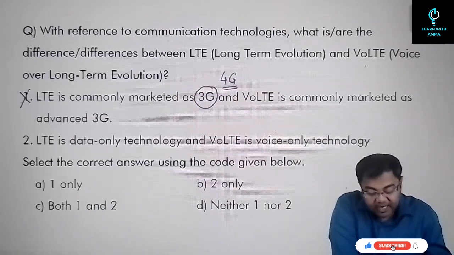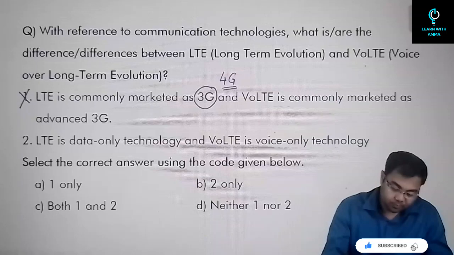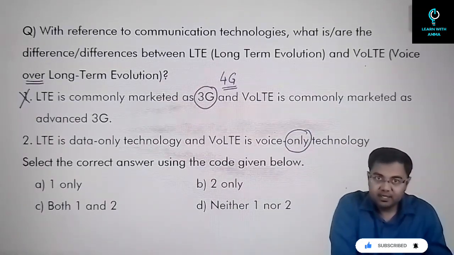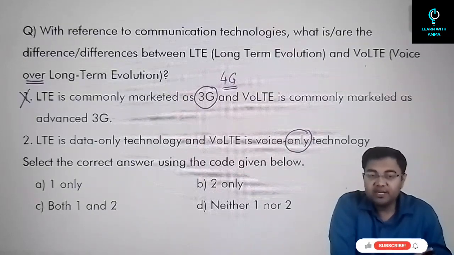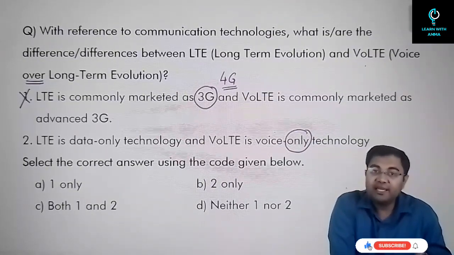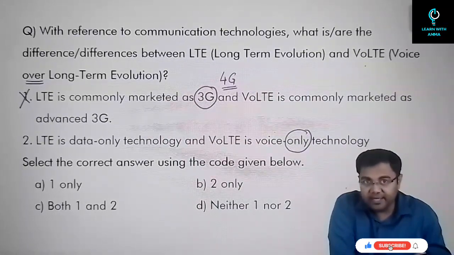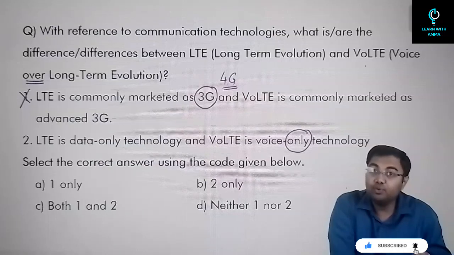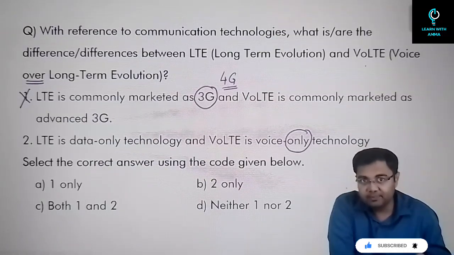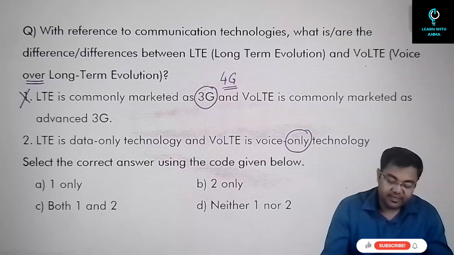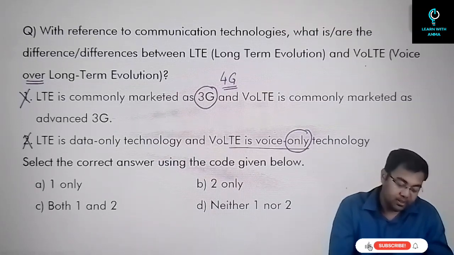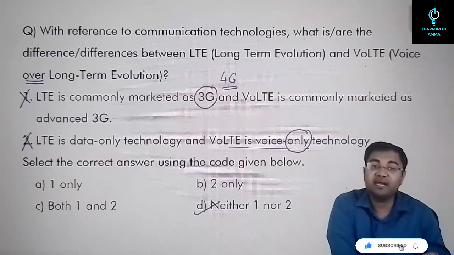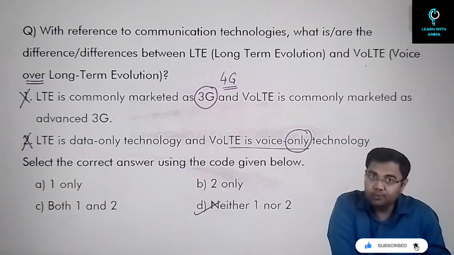LTE is data only and VoLTE is voice only. Now, VoLTE is not voice only, it is voice over. Correct? So, what is it allowing you to do? It is allowing you to use internet and mobile calling or voice calling at the same time. Correct? With LTE, we could only use voice or data at one time. Correct? So, that's why saying that VoLTE is voice only is wrong. So both the statements that have been given here are wrong. So correct answer here will be D. That is neither one nor